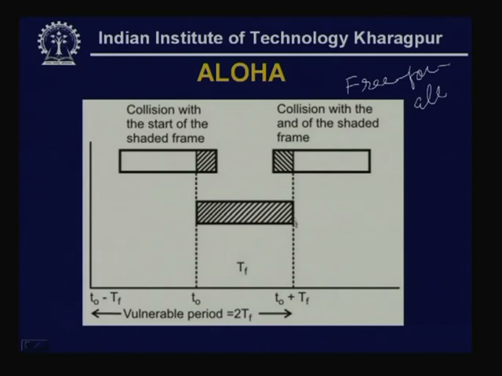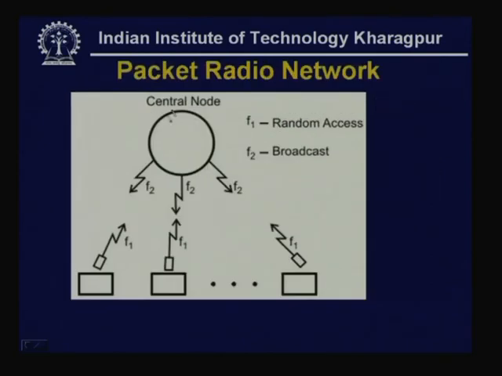As you can see here, there is a packet of duration TF. This is the frame transmission time, the packet duration. As you can see, the vulnerable period is 2 into TF. If a packet is transmitted anywhere within this range, it will overlap with this packet. So, as a result, collision will occur, and the central node will send the garbled packet, and